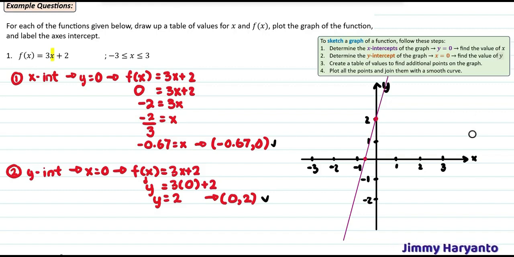Okay, our graph is not so good because the question wants you to draw it from negative 3 until 3. The space is not enough. Actually, you have to continue this one until x equals 3 up above, yeah. And also to negative 3. The question wants you to draw it from negative 3 until 3, so this one is not enough. You have to draw another line going to negative 3, and then after it reaches negative 3 you will stop. Yeah, so this is how you draw the first graph, the straight line. It's pretty easy to draw a straight line.